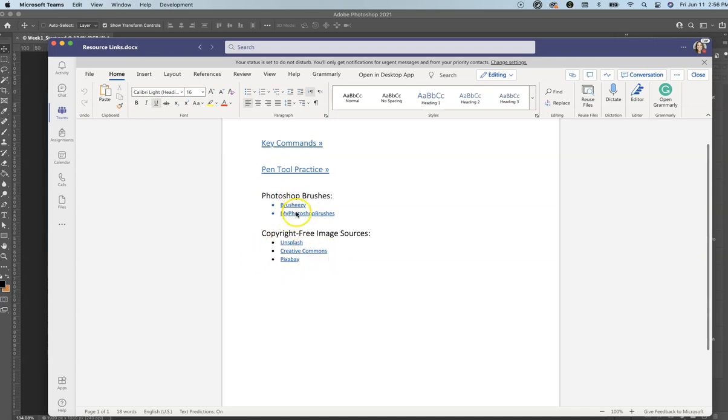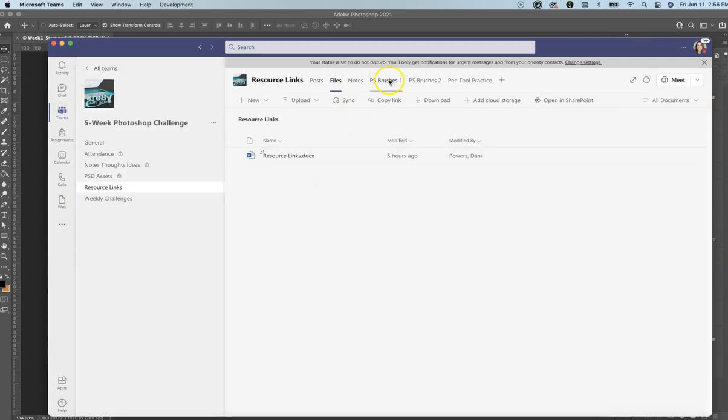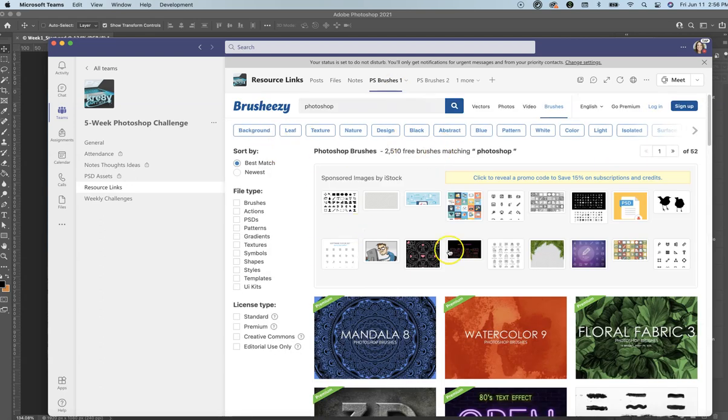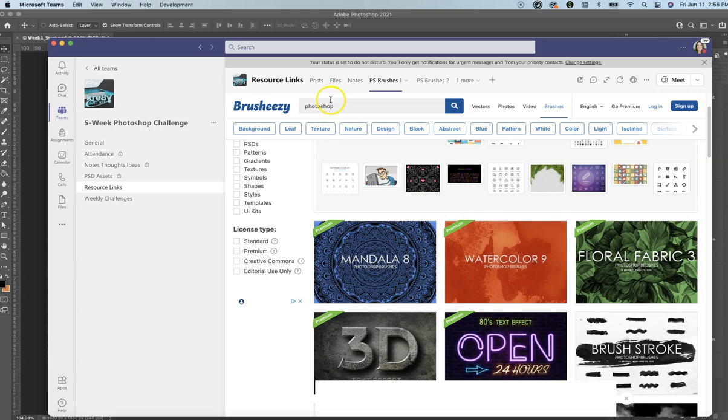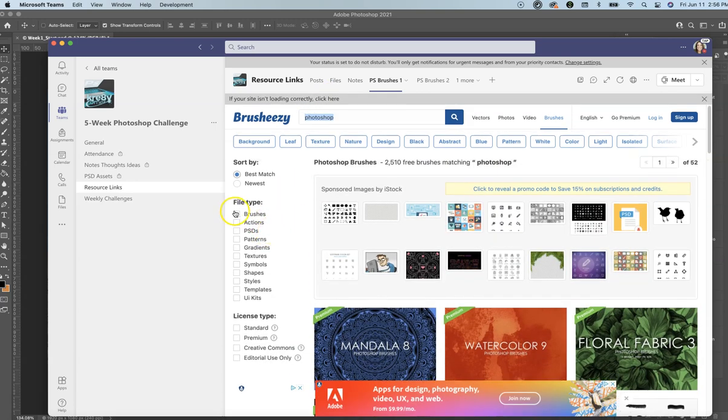But for this time, this Brush-easy and My Photoshop brushes, those are websites that are free to use to get Photoshop brushes. So that way you can browse around and find, this is a quicker way to it. This is Brush-easy. So if you want to type in, we'll file it with brushes, and we'll just say we want a flower. We can search flower,